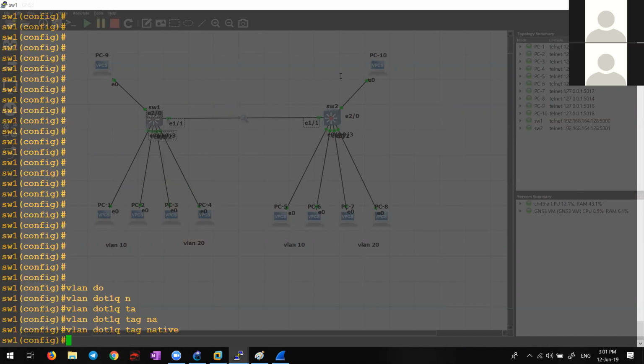In the NOC, network admins will be part of VLAN 1 because even if something happens to the switches or there are some software issues, VLAN 1 will at least still be there. So at least the network admins have access to the device. From that point of view they keep it, or else you don't need it. Why they shut it down was because a VLAN hopping attack is possible using it. But instead of that, they can just do this. That will be best. They can tag the native VLAN also.